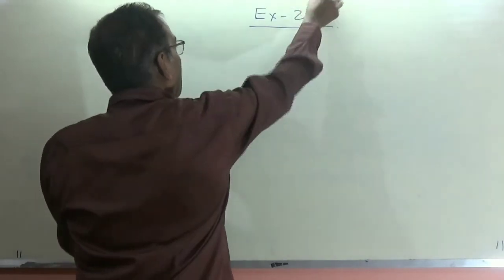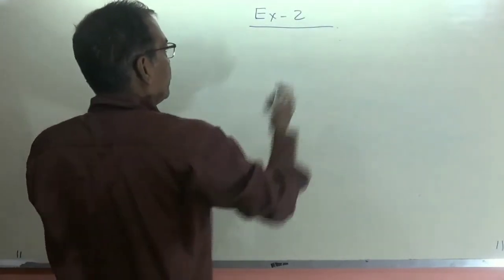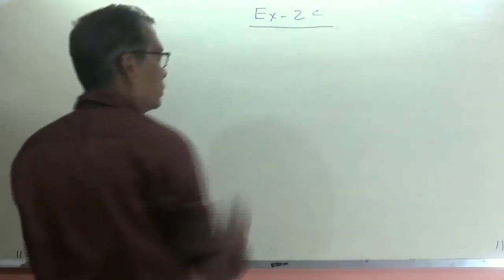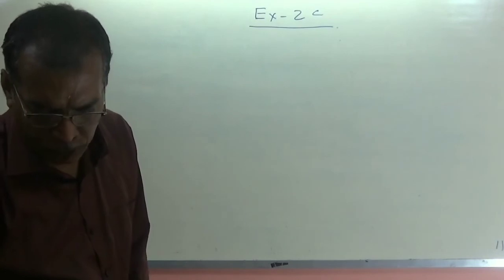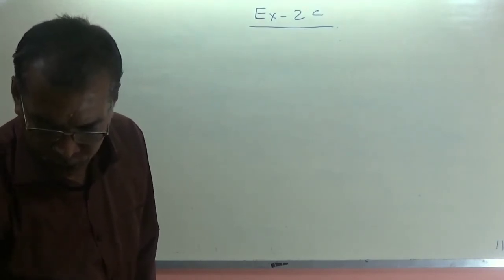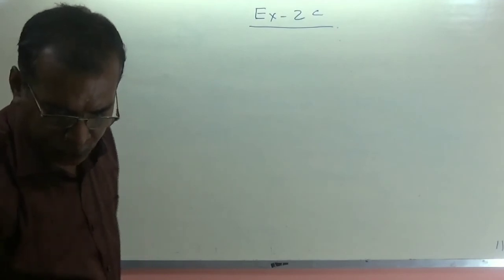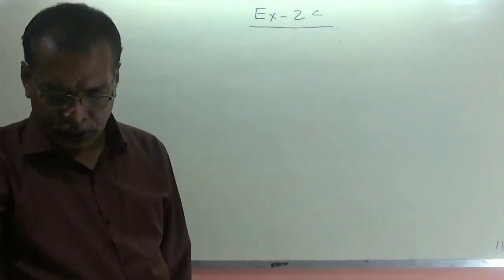Exercise 2C. Suppose the question is, one question randomly I am going to consider, though this type of questions I already solved during my first class. Suppose question number 8. They are asking that 4 alternative answers are there, you have to choose